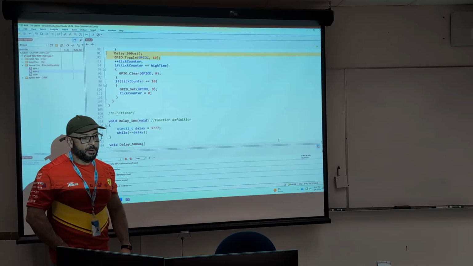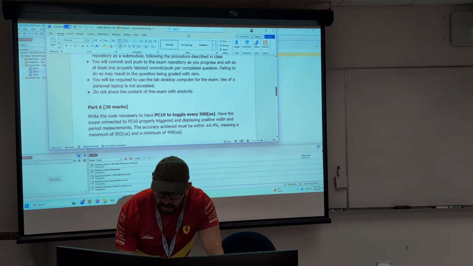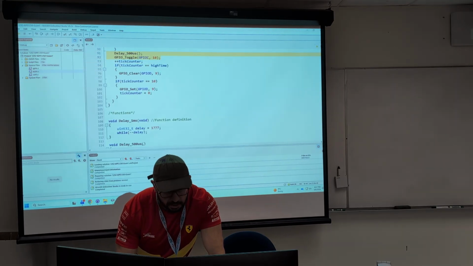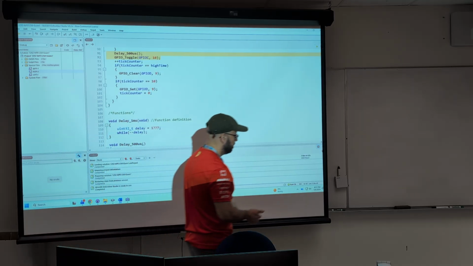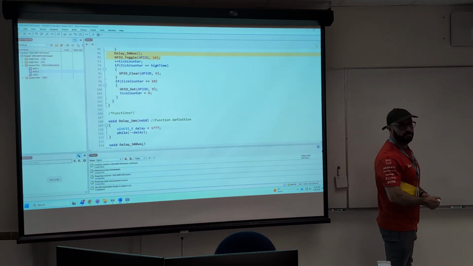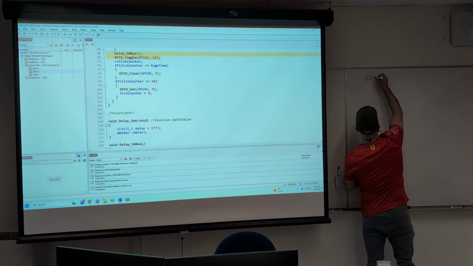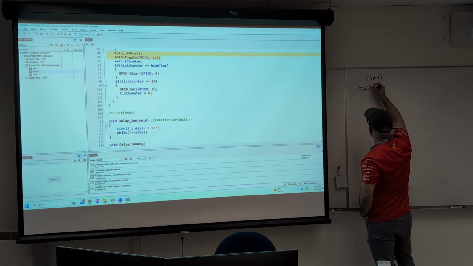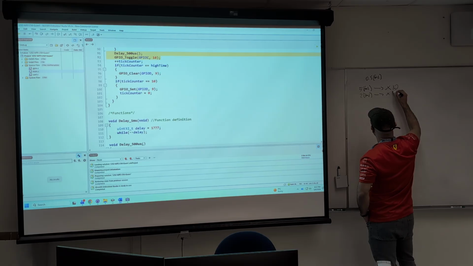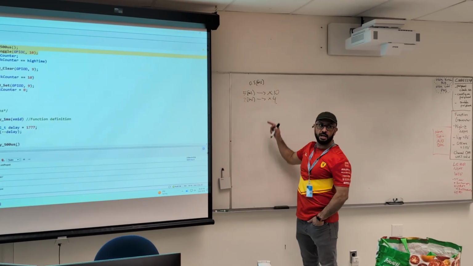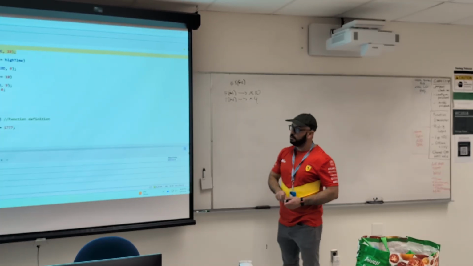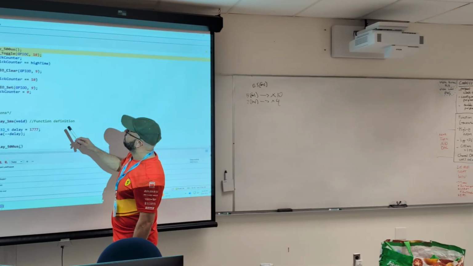For example, for the second part, you're supposed to come up with a signal that is 5 milliseconds period and 2 milliseconds high. Both 2 milliseconds and 5 milliseconds are multiples of 500 microseconds, because your time base is 0.5 milliseconds. Then 5 milliseconds is what? Times 10. And 2 milliseconds is times what? 4. 500 microseconds times 4 is 2 milliseconds. So there was no need to do a 1 millisecond delay or anything like that. You could just count. And that's exactly what I'm doing here.